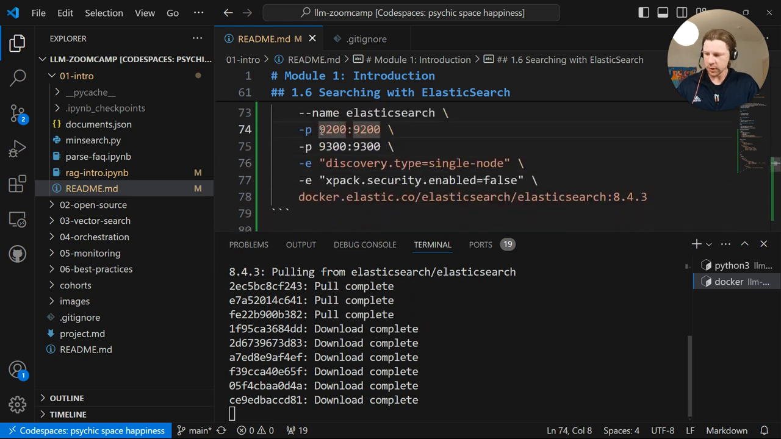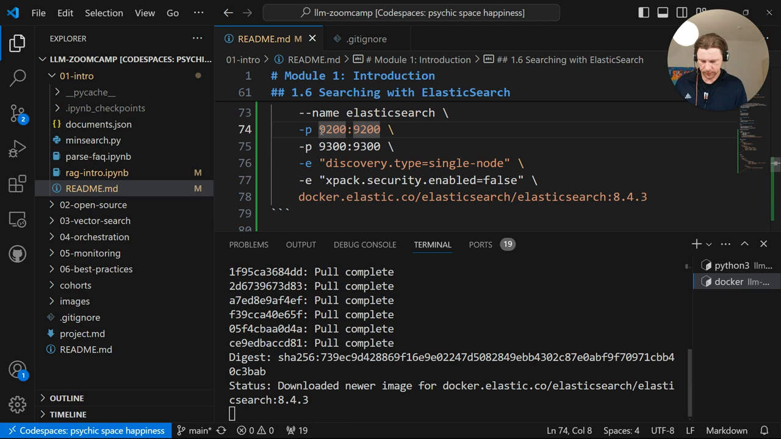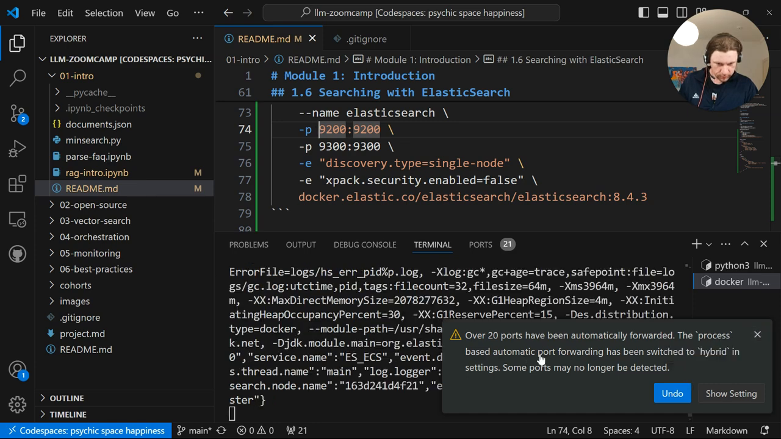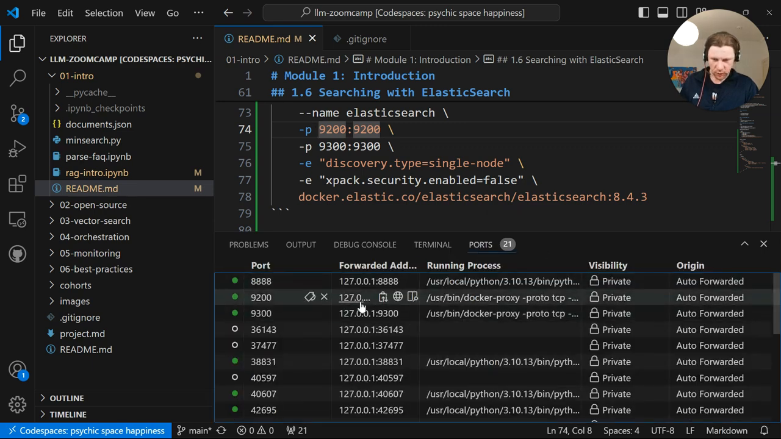Elasticsearch will run on these two ports, and now it will download the Docker image and start Elasticsearch. We just need to check that the ports that we need are forwarded, and these are the two ports that we actually care about. So we will use this port